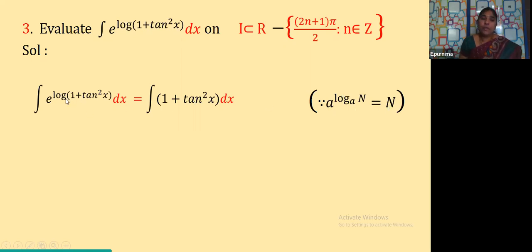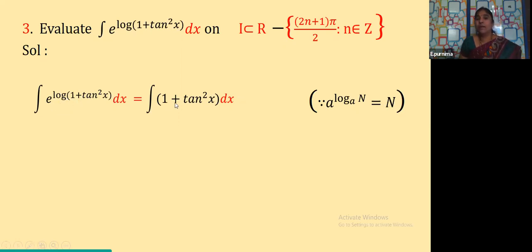So now what is there here? The base is not given for the logarithmic term. Yes or not? But here you have to understand, even though it is not mentioned, you have to take it as base e only. Do you remember in first year also we did that? Till 10th class, whenever the base is not given, you consider it as base 10. That is the common logarithm. But here in the higher classes, we consider it as base e, which is the natural logarithm. We call it the natural logarithm. Clear, children? So here the base is taken as what? e only. So e to the power of log base e of 1 plus tan square x. So both the bases are the same here.